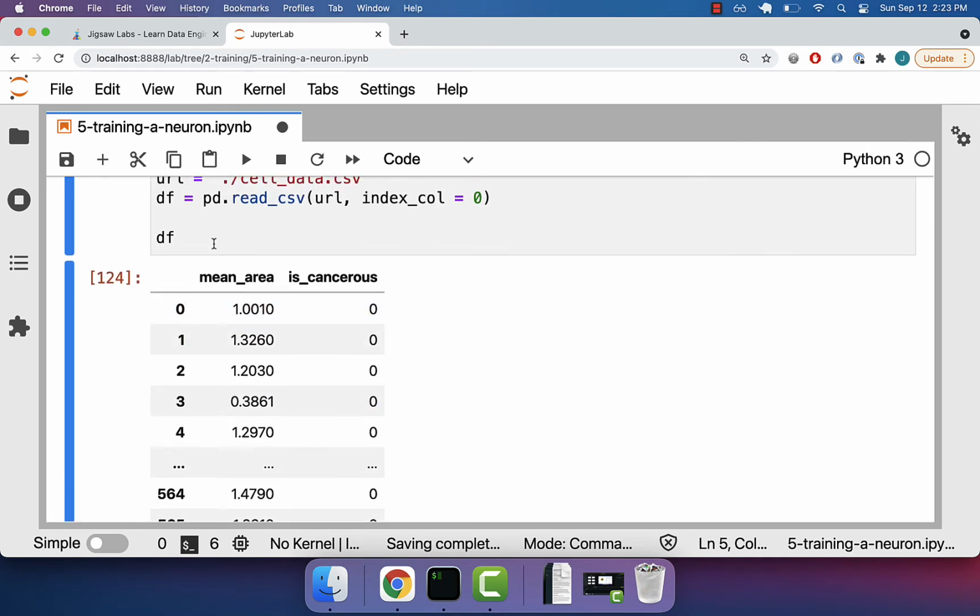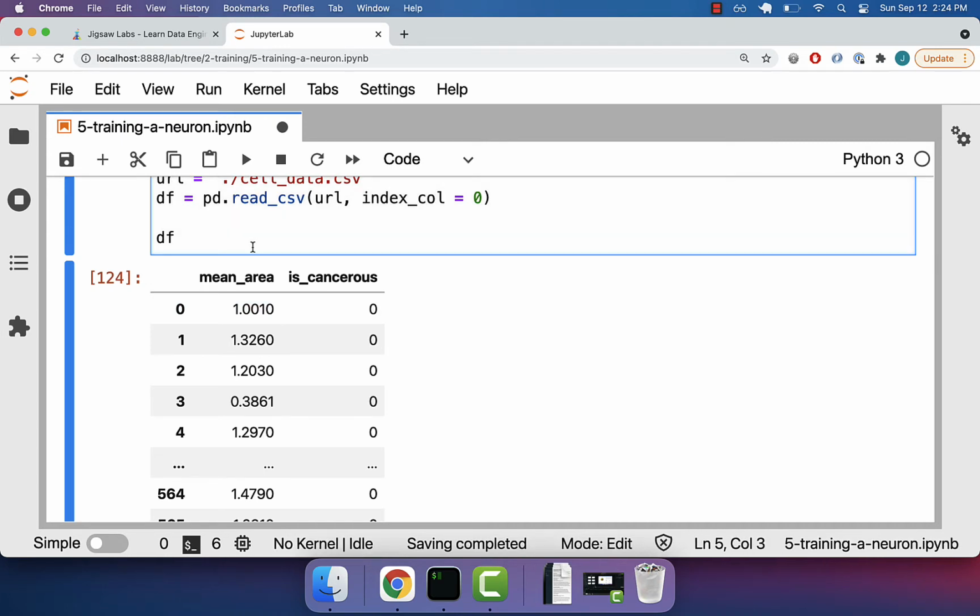And just one point of clarification, it's mean area right here, because really the way this data set works is it's taking the average area of cells in a picture, right? So you can imagine they're like photos, and the TAs, the graduate students, are writing down the average area of those cells, and then also saying, and I observe that this cell is not cancerous. And then we want to feed this data set to our neural network so that it learns, okay, if I take this mean area, multiply it